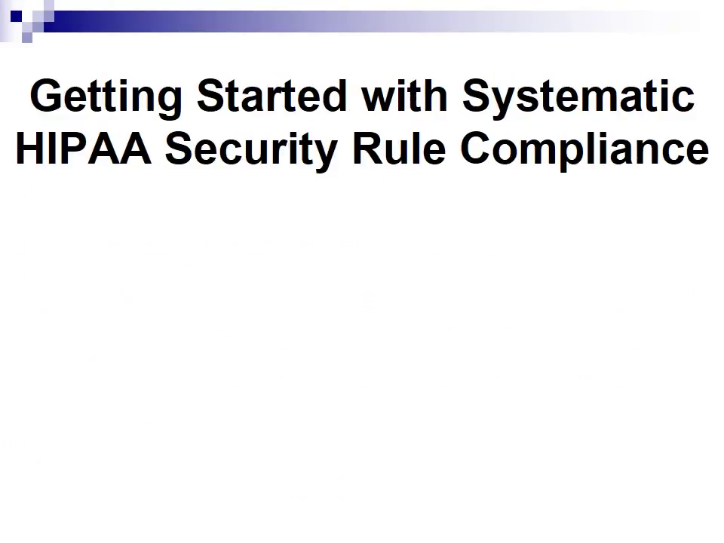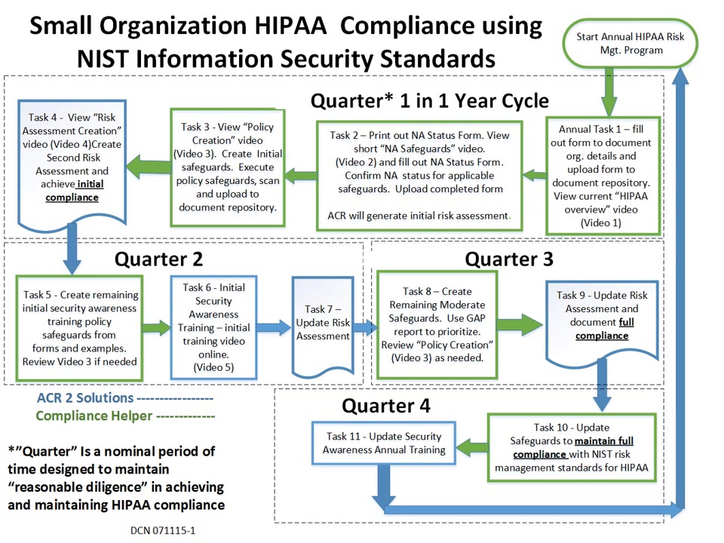Getting started with automated HIPAA security rule compliance is relatively straightforward. HIPAA security rule compliance using the NIST standards is a cyclical process. The overall cycle of 11 tasks is shown here. For convenience, the more or less annual cycle has been divided into 4 quarters. A given set of tasks may take more or less time than this, depending on the complexity of the situation